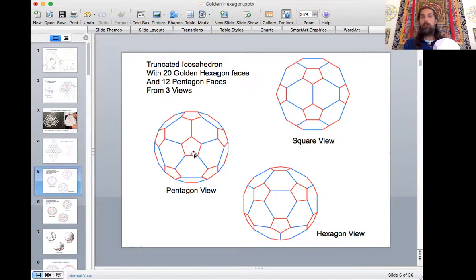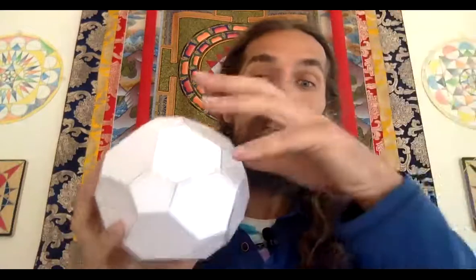The pentagon view, which of course has the pentagon up top, and the hexagon view, which you can consider to be like the seed of life, flower of life type of view. And this is what the drawing looks like from that view. The most cool thing about this, I'll stop the share just for a minute so I can show you this form. The beautiful thing about this and those drawings was that I actually constructed this first, and then I went back and transposed this